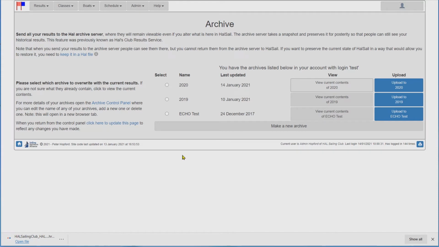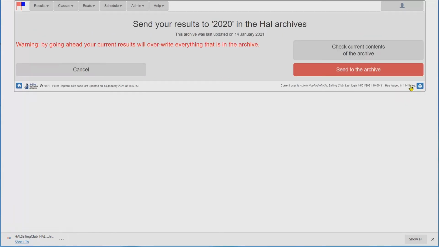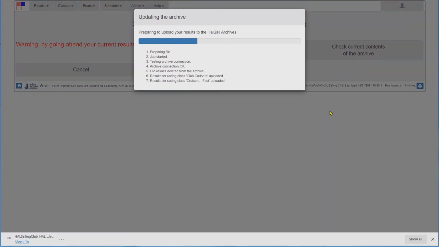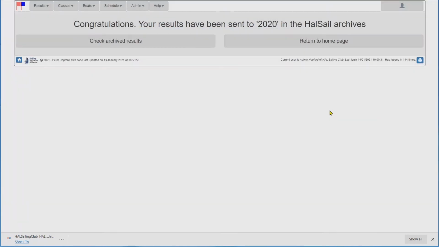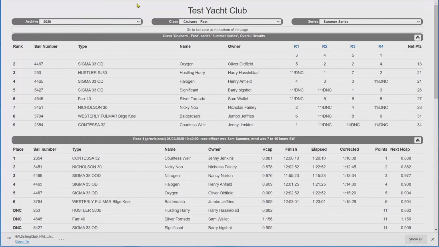Now, if we select that new archive, and then upload to archive called 2020. Here we go. We've already checked the current contents of the archive, so we can send the current results to the archive. And here we go. That's all up there. So now if I check the archive contents, here we are, you see. So here's my archive called